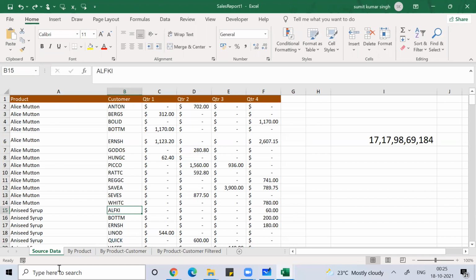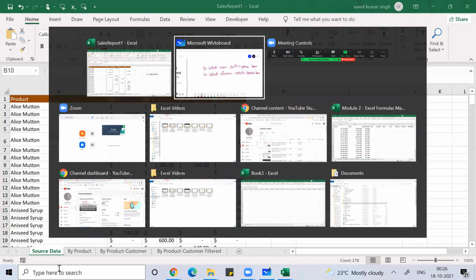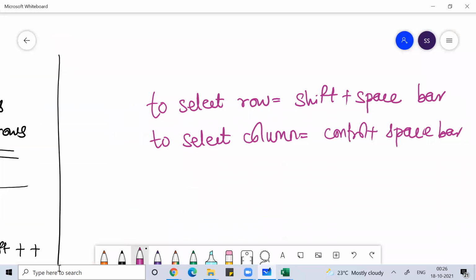Similarly, to hide a column, select the column by Control Space bar, then Control 0. Control 0 hides the column.